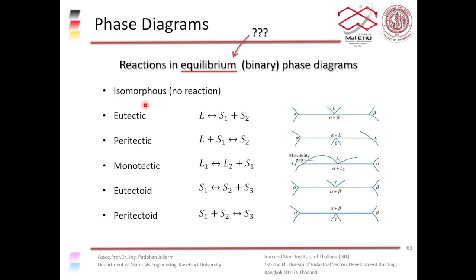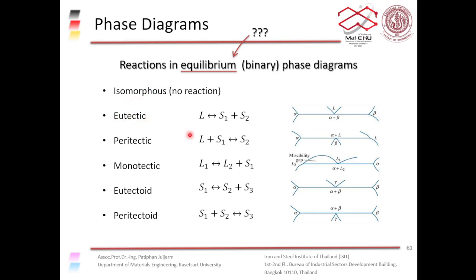There's only one phase that is present in that phase diagram. So you don't get any reaction or a three-phase invariant reaction, right? All these reactions are called three-phase invariant reactions because they involve three phases and need a specific composition and a specific temperature for the reaction to occur. That's why it's called an invariant reaction, right? So it is a three-phase invariant reaction. The first one is called the eutectic